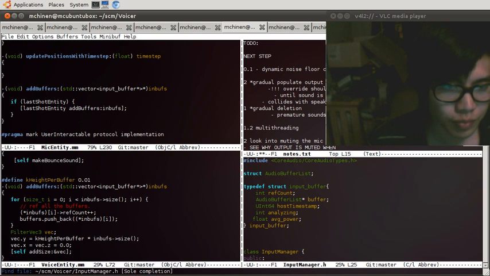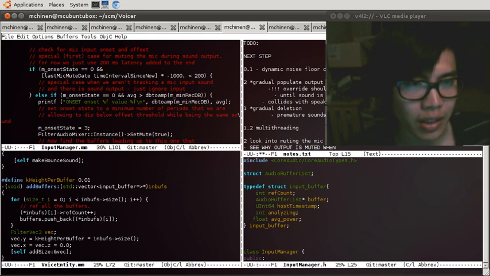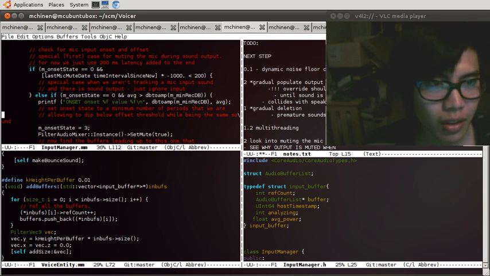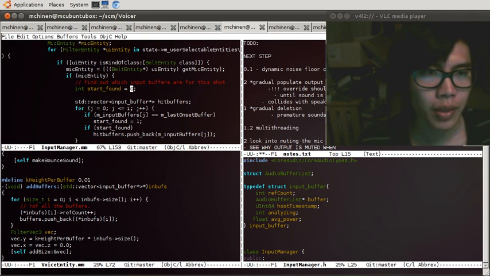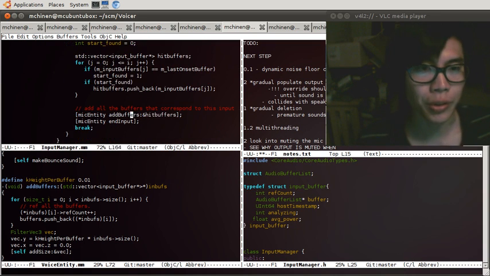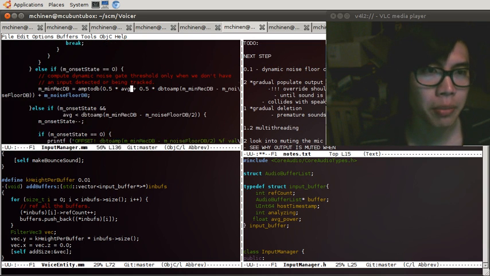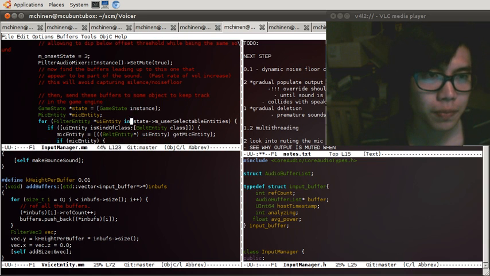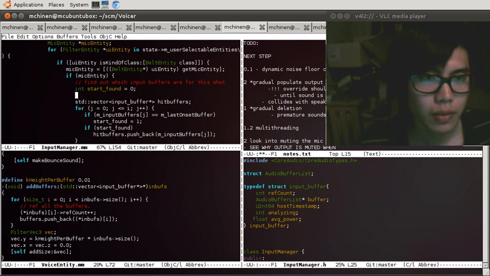I guess this add buffers call only gets called at the very end of the input, and that makes sense. I'm not surprised. Yeah, it looks like we were just faking that the buffers were being sent one at a time. You can see this is the offset code. It only gets called once at the very end. So what we want to do instead of that is every time in the middle